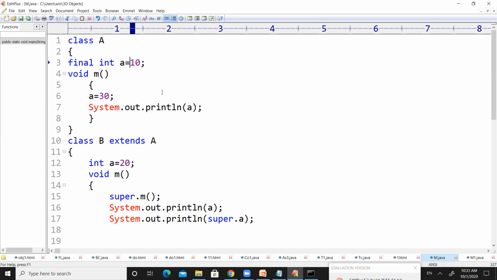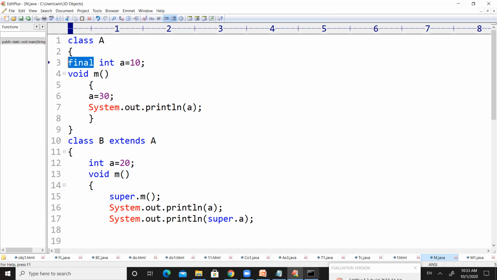Here also I have defined a variable a of integer data type, added the final keyword during its declaration, and assigned the value 10. Throughout the class, if anyone wants to change the value of a, it will show an error because it has been defined as final, made constant, right?